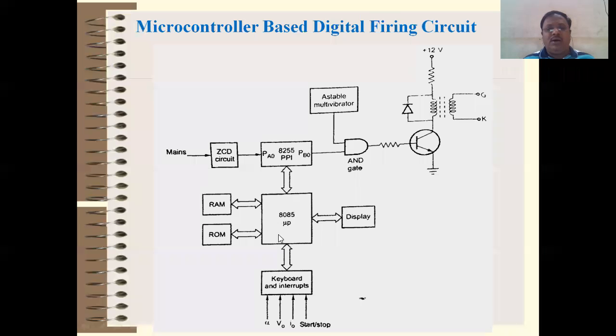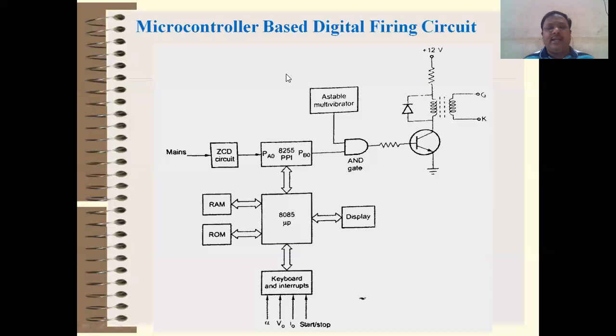If you are using a microcontroller, this ROM and RAM is not required, and 8255 is also not required, because every microcontroller has its own RAM and ROM. So that is memory actually. If memory is there, then we don't require any external memory, because 8085 is a microprocessor which basically doesn't have any RAM, ROM, ports, etc. So if you are connecting a microprocessor, then you require 8255, RAM, ROM, etc. And if it is a microcontroller, then this RAM, ROM, and 8255 is not required. So it is a smaller difference.